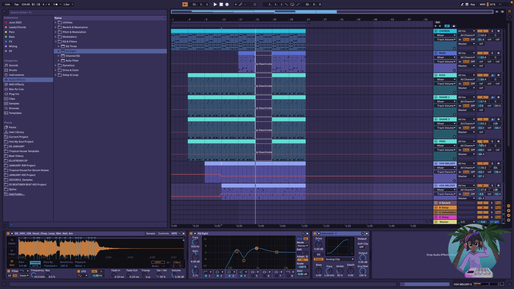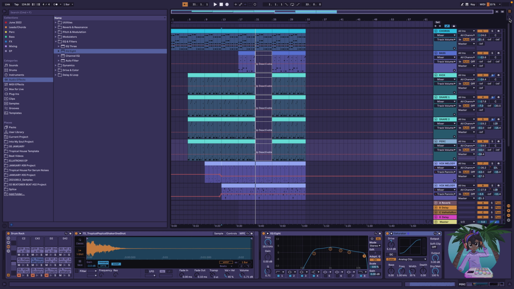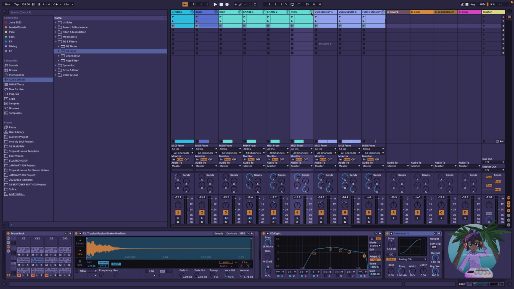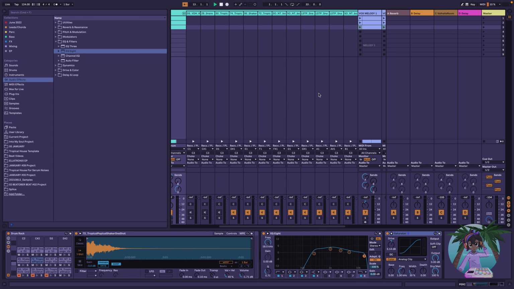In terms of the percussion, we want to definitely do some panning on the percussion. So let's go there, open it up, and